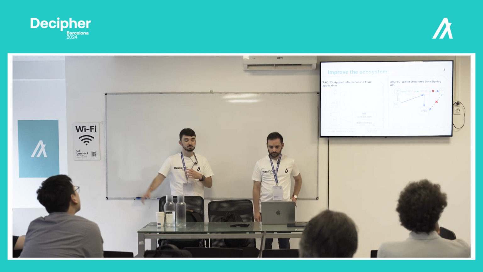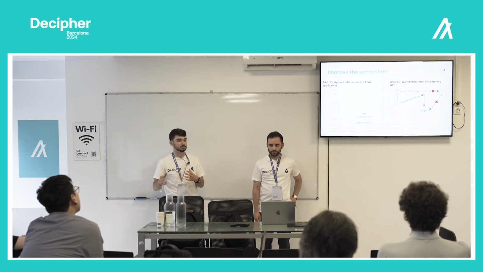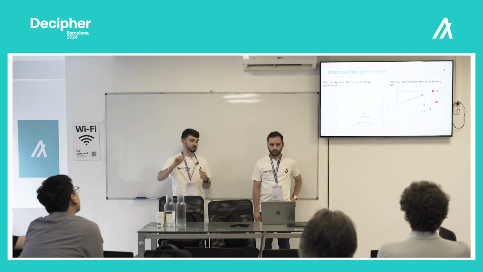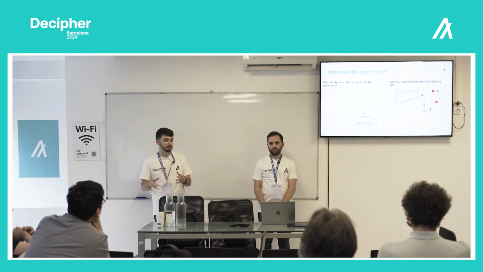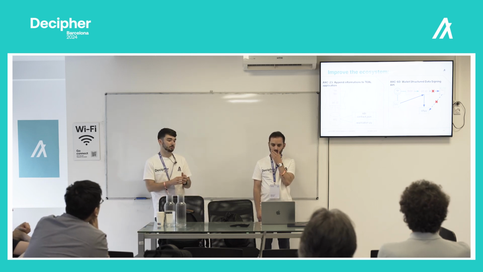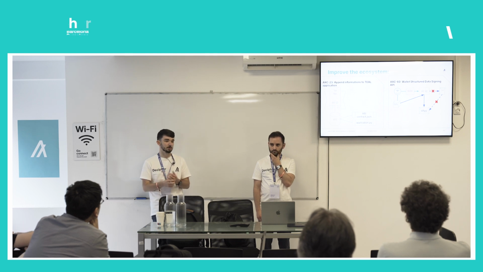What ARC23 basically allows you to do is embed an IPFS content ID directly into your program. So on-chain, you are essentially linking off-chain data on IPFS to an application. The main use case for this is being able to link to the Teal programs, but even more importantly, the ARC4 JSON. So now anyone, with just the app ID and nothing else, can resolve all the information about the app and interact with all the ABI methods, auto-generate a client, without having to manually transmit those files. We're just getting it all from the chain.